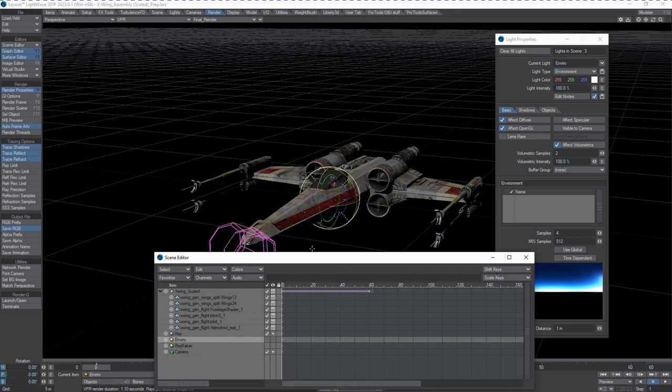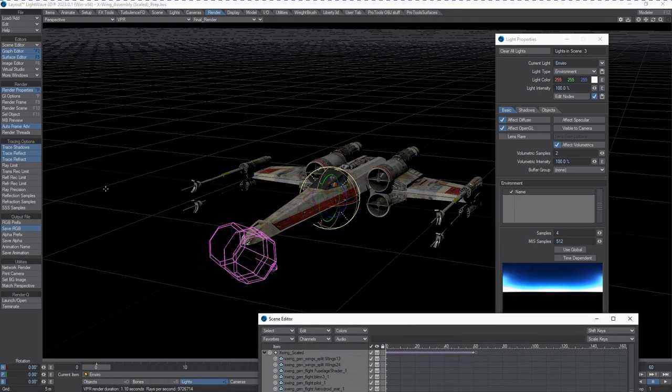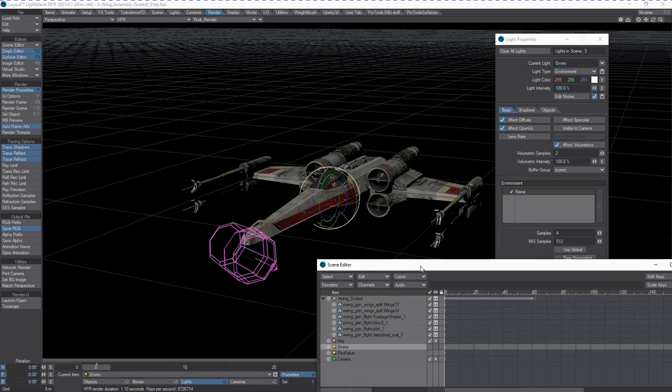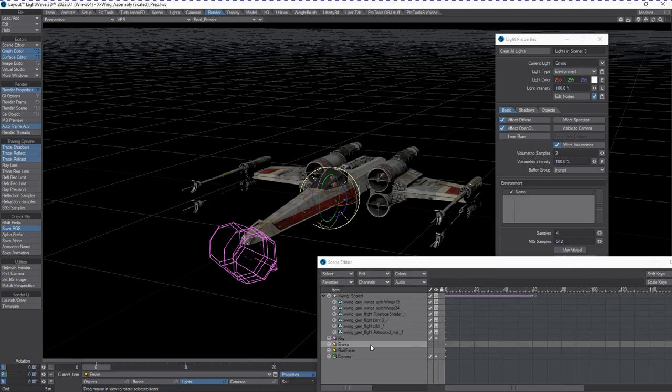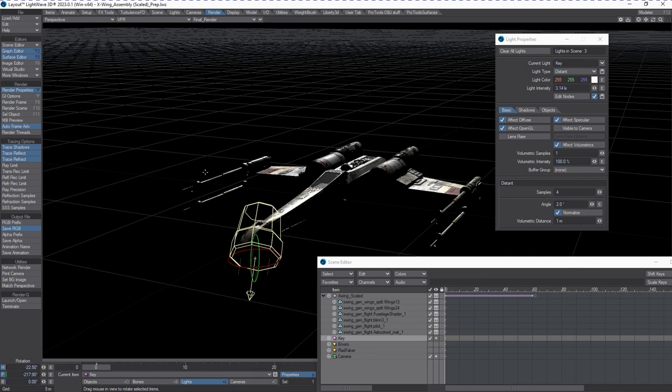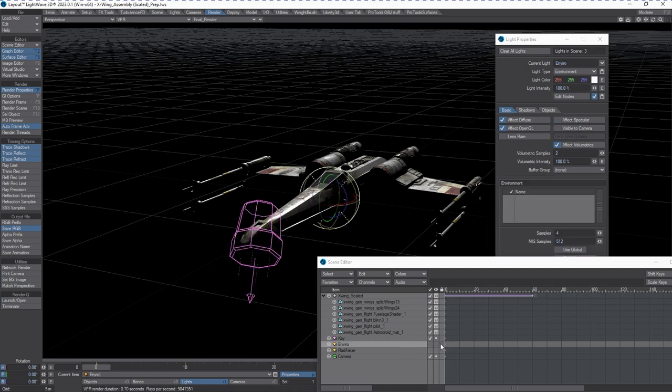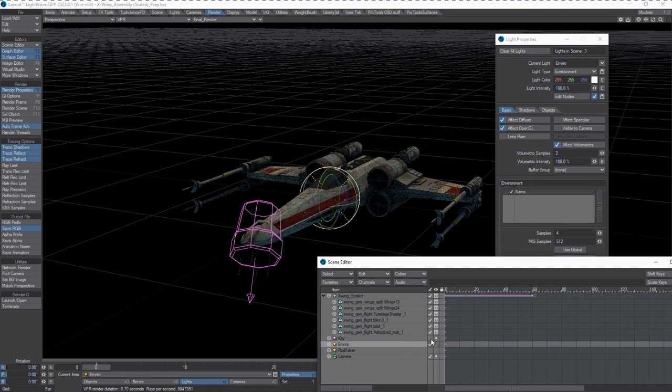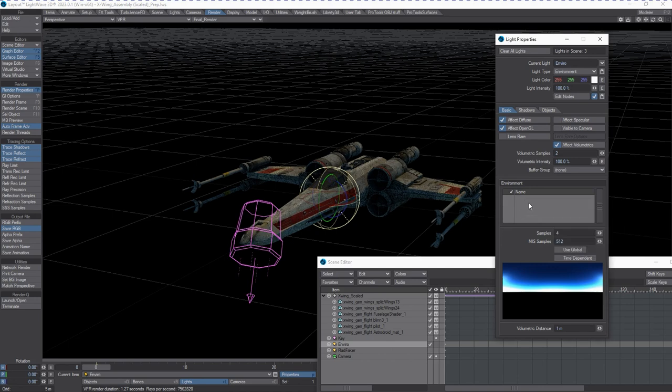Okay, so if I turn that off, it's just basically picking up and kicking back the light from the original key light, and that's it. So we can see all that nice breakup on the surface of the ship. That's all great, but now I want to see what it looks like with the different types of environment lighting. So let's turn that environment light back on. We'll turn the key light off, and let's try this with something different, like